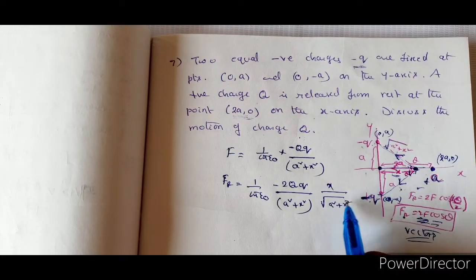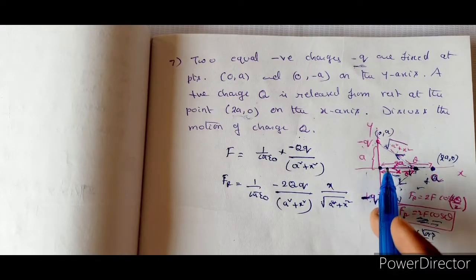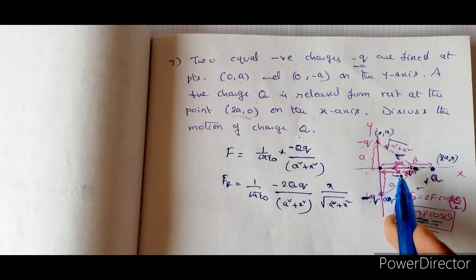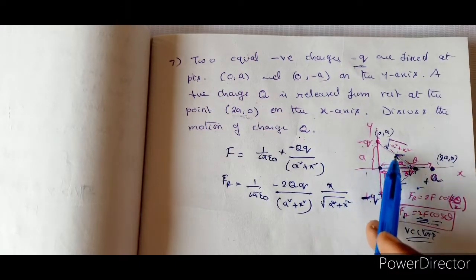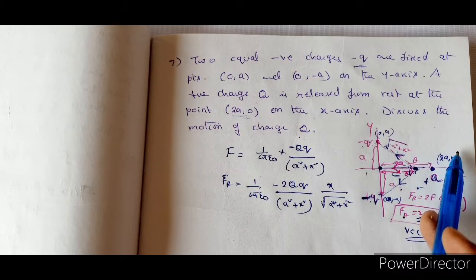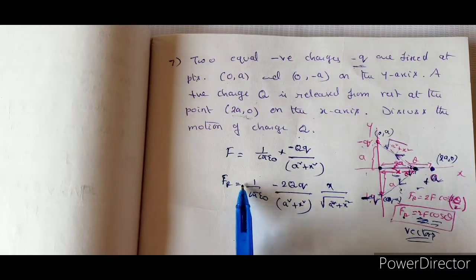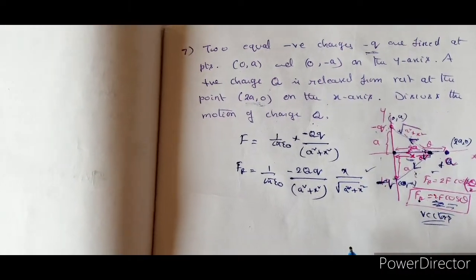All these concepts we also used in a similar manner in case of dipole also. Do you remember that? On the equatorial line of the dipole, where this is plus q and this is minus q, one is of repulsion and one is of attraction, but here we are taking both to be of attraction. Right, so done. Fr is done. So that is Coulomb's inverse square law part is done.